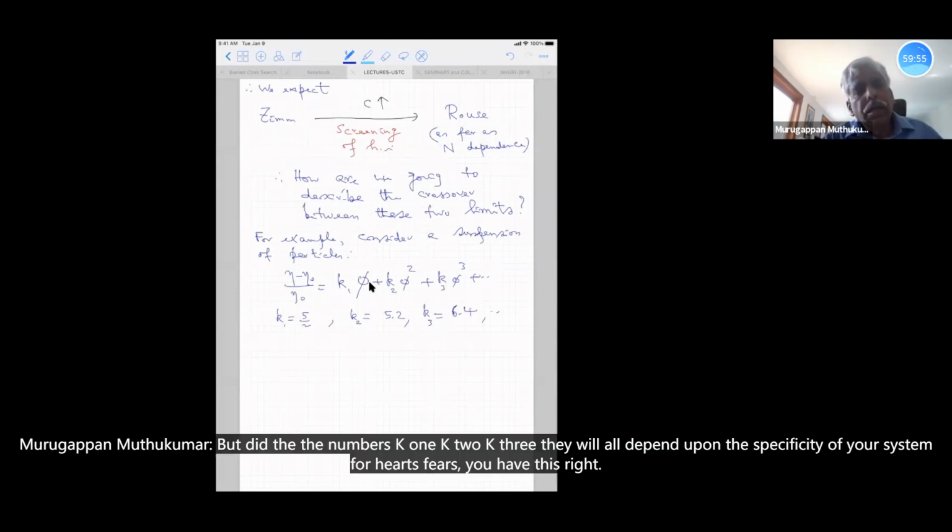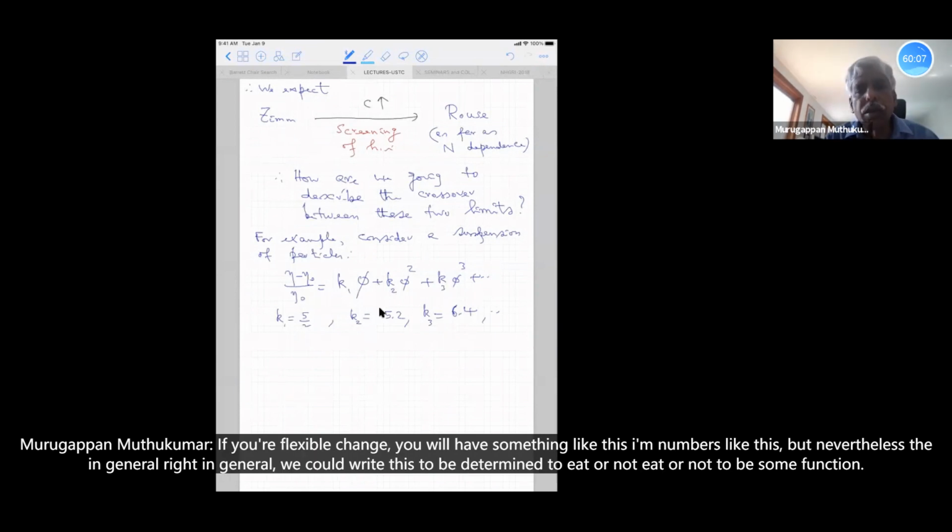But the numbers K1, K2, K3 will all depend upon the specificity of your system. For hard spheres, you have this. If you have flexible chains, you will have some numbers like this. But nevertheless, in general, we could write eta minus eta naught by eta naught to be some function